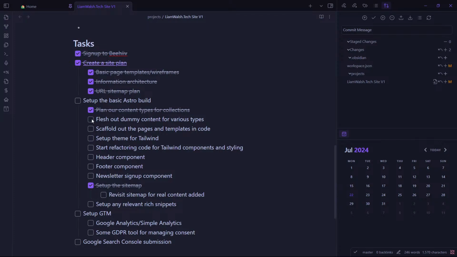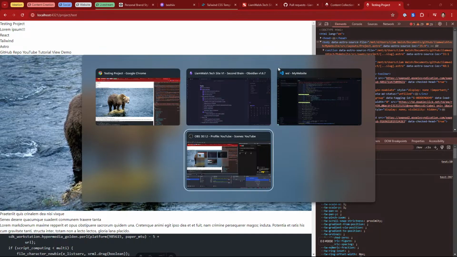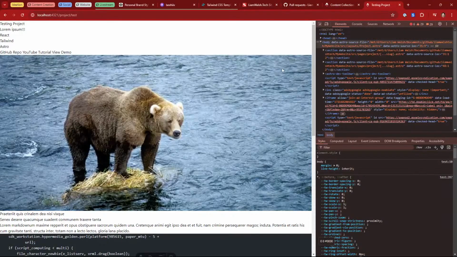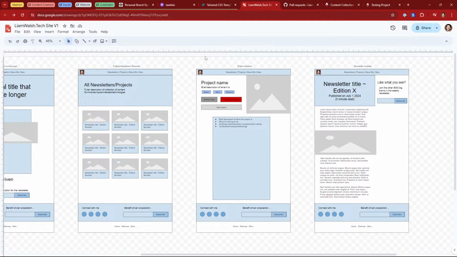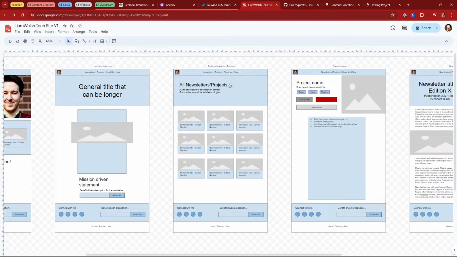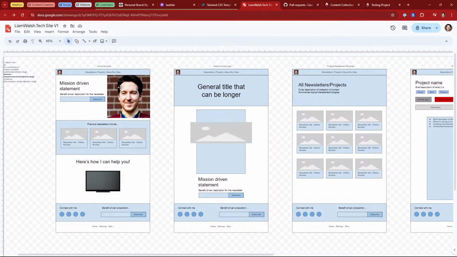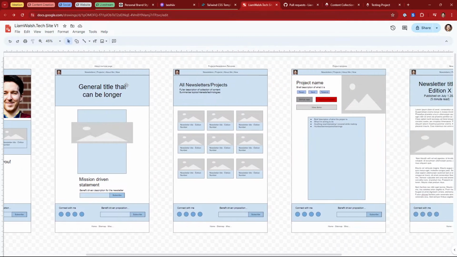So I think we can say that we've done these two basic things, and we haven't finished scaffolding out all the templates because we haven't done the list pages. Well, we've done a very, very basic list page. We haven't done the full thing of the list page, the about me /now page, and the home template. But